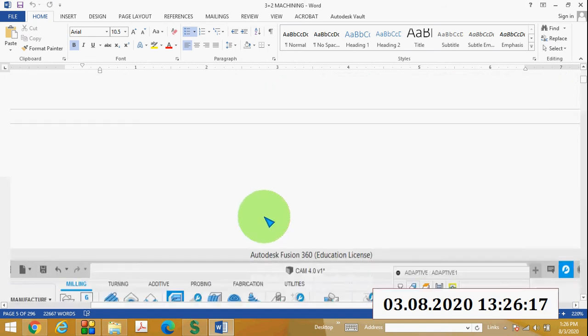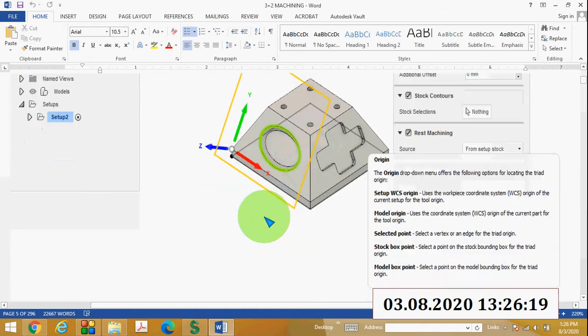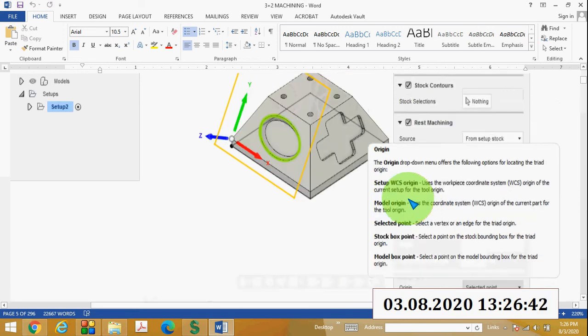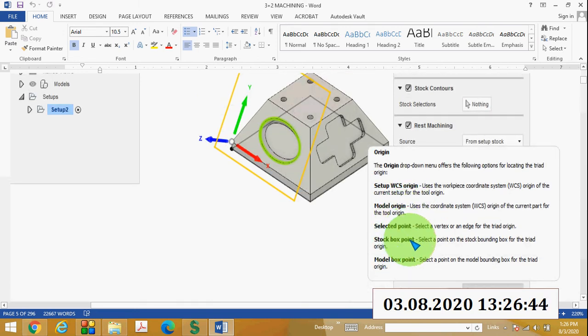And for the origin, I am using selected point. For the origin option, there are different options: model origin, selected point, selected stock box point, model box point, etc. I have used this selected point option.